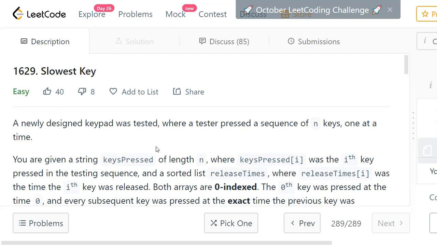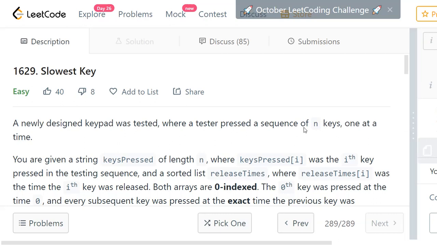So we can think of a straightforward solution: we keep checking the duration of each character and keep track of the maximum duration till now, and whenever we find a character with a larger duration, we keep updating our current character and the current duration. And we need to take care of the condition that if there are multiple characters with the same duration, in that case we need to check if the character is greater than the previous character. That is the only thing we need to take care of. So let's check our code.